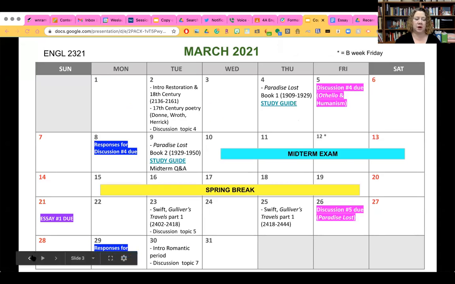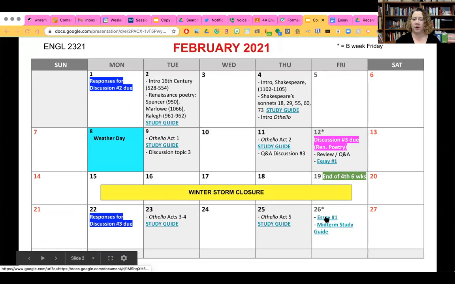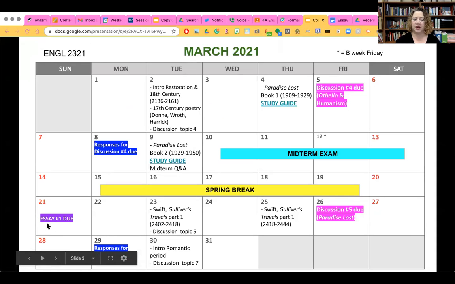Also today we wanted to talk about essay number 1, which is not due until the 21st. I had to push that one back a couple of weeks so that it didn't conflict with the midterm. So it's not due really until the 21st of March. In a way, that's good because it gives you more time to think about your paper and what you want to do for your topic because you have choices.